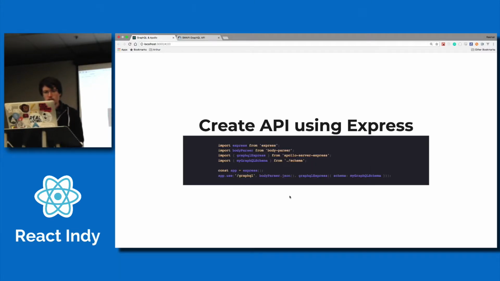There we go. So we had the schema in the previous example. So now we're going to take that schema. We're using Express again with JavaScript, and we're going to mount that at the endpoint /GraphQL, and that is our single entry point into our GraphQL API. So the queries that we just exposed for that